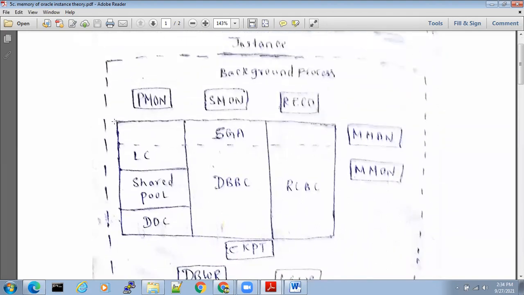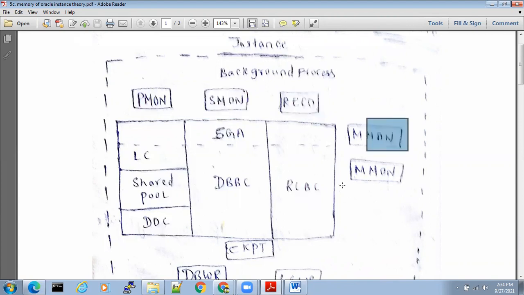An instance is nothing but a combination of SGA and the background processes. What is SGA? You don't have to worry about the definitions, or what is inside this, or what the background processes are doing.